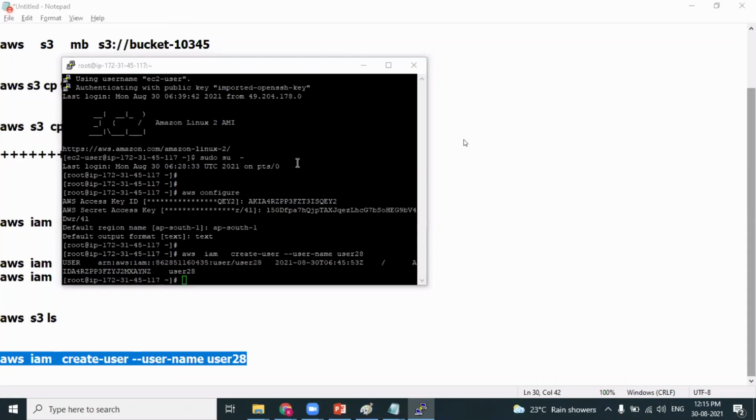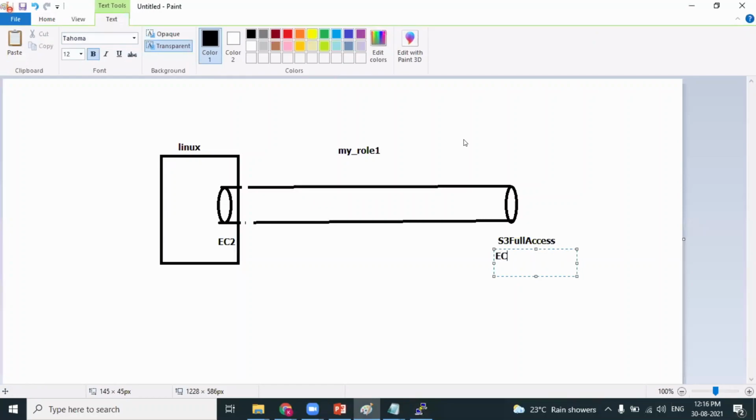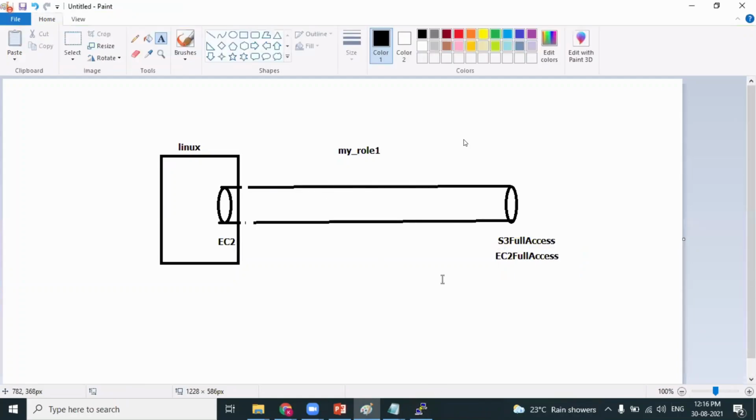When you attach the role and you restrict at the role level, you can add policies and remove the policies. Okay. If you want this EC2 machine to have both the EC2 access as well as EC2 full access and S3, you can attach multiple policies. Anuj, are you understanding? So that means that EC2 machine has access to both the services. So generally, policies we attach to the users and roles we attach to the EC2 machines. That's the concept. Okay. Correct. Clear. So thank you, Anuj.